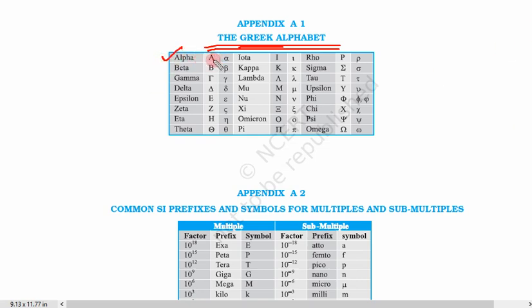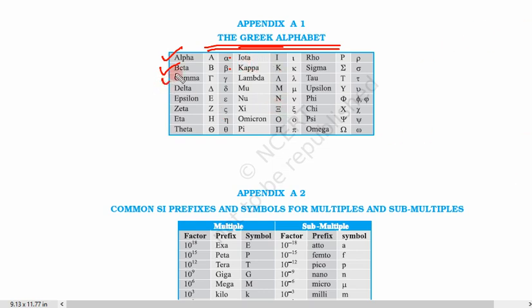Alpha. This is capital A, and the small one is a little bit different. It is very similar to A, but a little different. Generally in classroom it is written like this, alpha. Now beta. The second alphabet is beta. It is written like B, but small beta is this. Generally small alpha and beta are used; capital alpha and beta are not used. These are commonly used symbols.